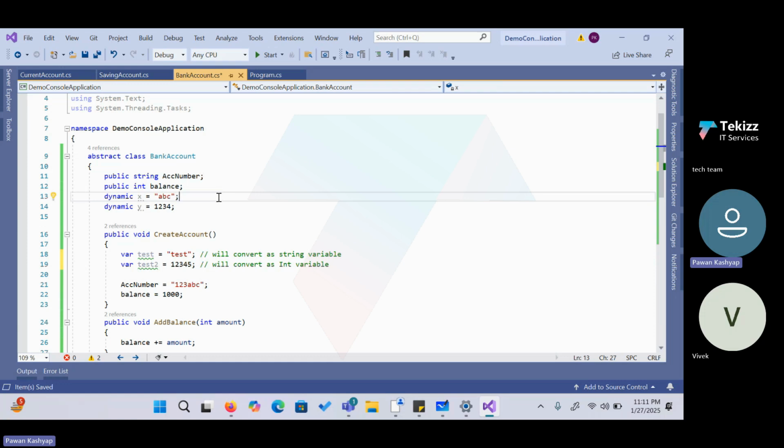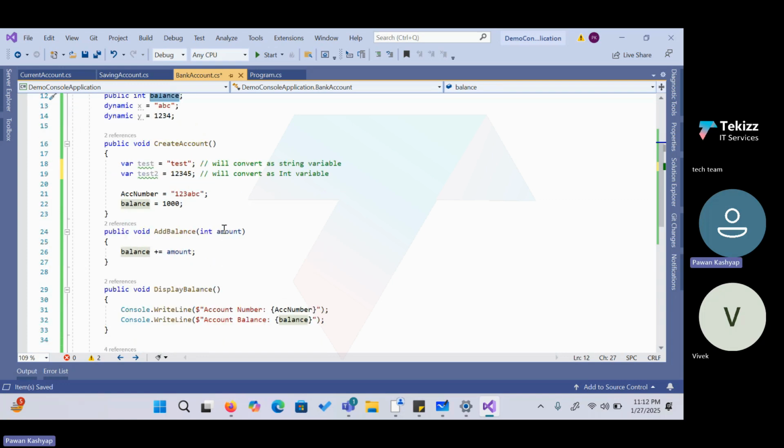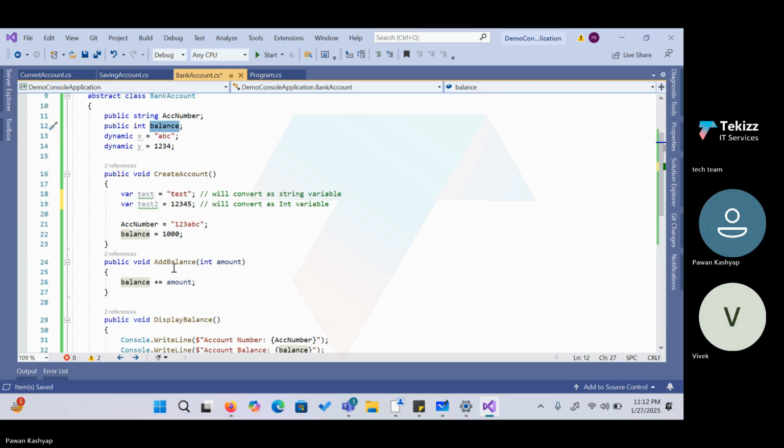In many cases methods return null values, so we want to make sure our variable can receive null as well. Let's say balance is an integer, so the default value is 0. If anyone initializes the balance variable as null, it will give me an error,